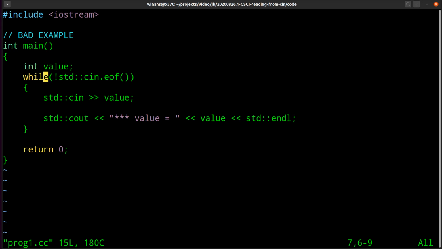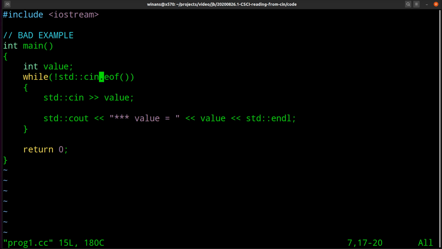So what are we doing here? We're starting a program. When you first run this thing, it defines a variable called value, a place to store an integer, and then it asks, have I encountered the end of file yet on the standard input stream? The answer to that question is no, because it's not possible to have encountered the end of file until you've tried to read from the standard in stream. And while that's fine our first time through this loop, it becomes a problem later on.